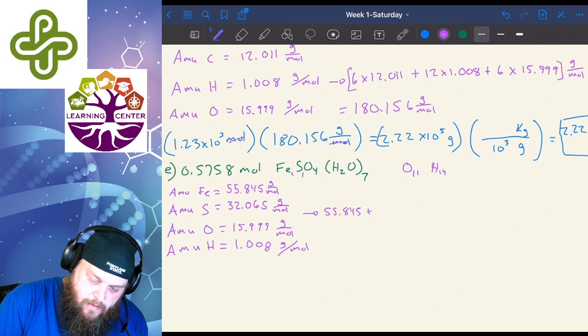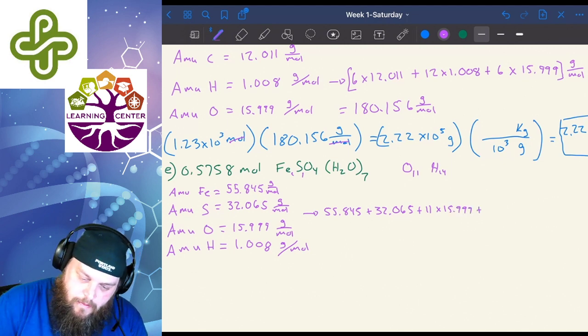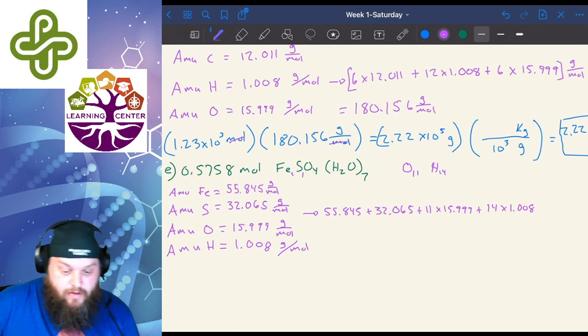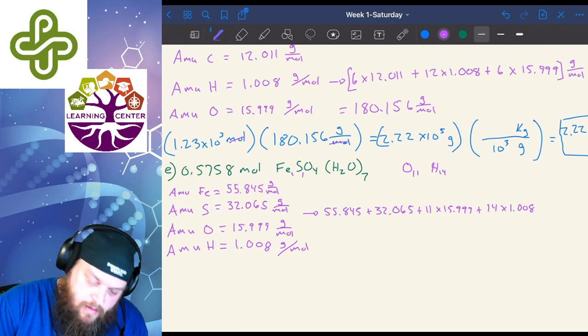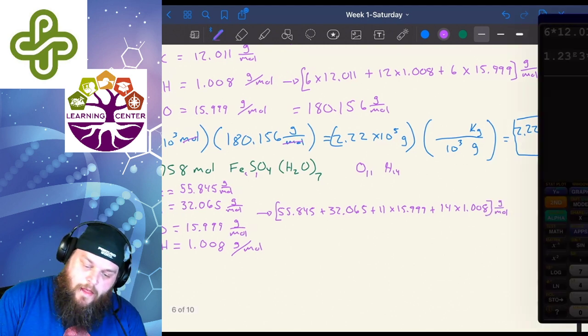32.065 plus 11 times 15.999 plus 14 times 1.008, and that's it. We already added the oxygen from the water into the other ones, so we're good. Put our units on there, gram per mole. Adding all those up,